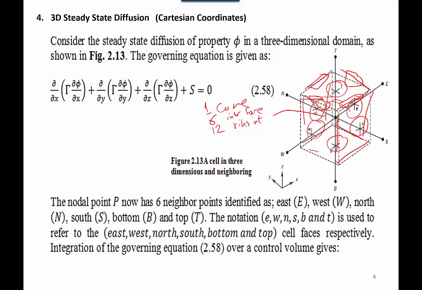And how many corners do we have? 4 at the top and 4 at the bottom. Therefore 8 corners, and that's it. When we make a summation, it will give us 1 plus 6, equal to 7, plus 12, it will give us 19, plus 8, it will give us 27 zones to be discretized in order to reach